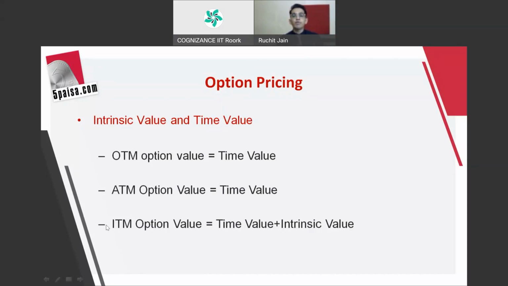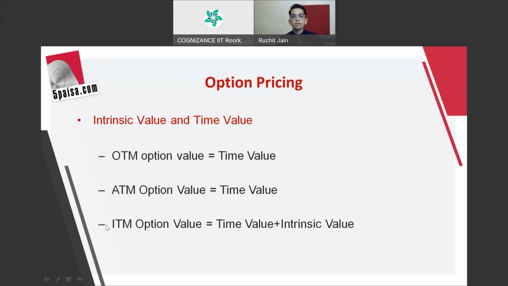So who will benefit from that? Option sellers will benefit, correct? So today Nifty is at 17,000, right? All out of the money options have a premium of time value because there are 5 days left for expiry. So there is 5 days time value in that. Now, if on expiry day Nifty is trading at the same level, 17,000, what would happen? The time value will reduce, and then that would come to 0.